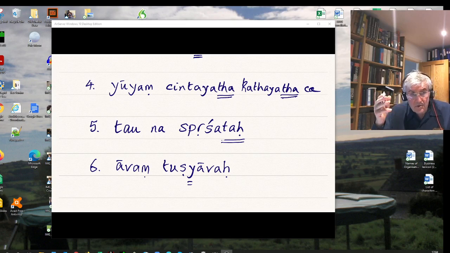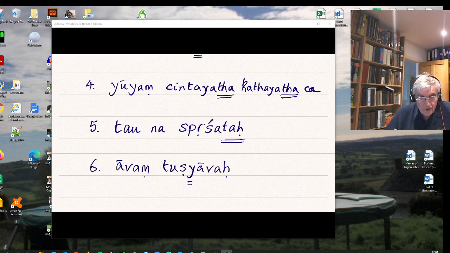Also a name used in modern India, Santosh, they pronounce it in modern Hindi, just as a personal name meaning contentment. Tushyava, notice this characteristic V in the common distinction between the first person plural we and the first